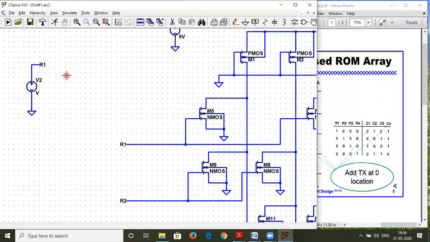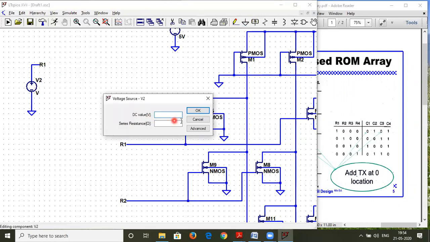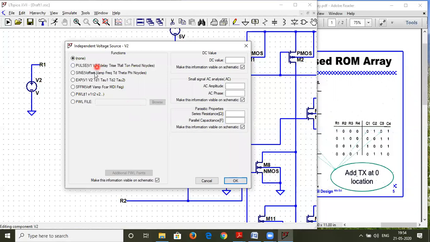So this R1 is my input pulse. I'll right click on the source and go to advanced, and I have to select a pulse over here. It should be a 0 to 5 going pulse, having an amplitude of 0 to 5. Let the delay be around 0.5 millisecond. Rise time and fall time I can give as around 10 pico.